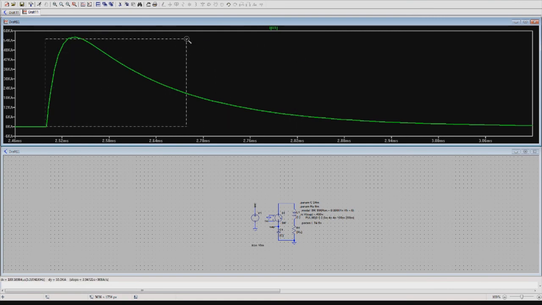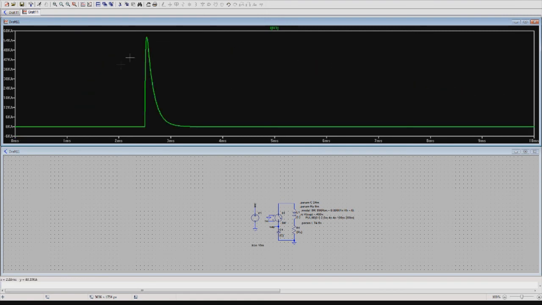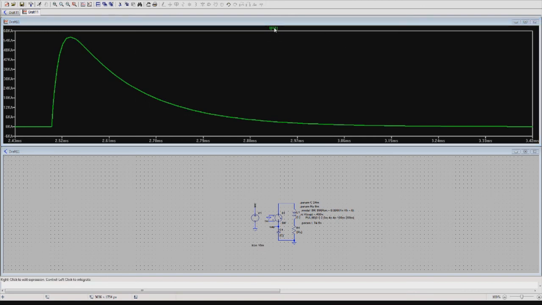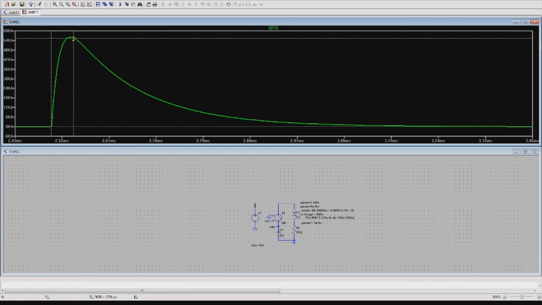And as you can see, the slope is way better than before. If I can zoom only on this part, put a cursor in it. You can also see that the current has decreased because of the